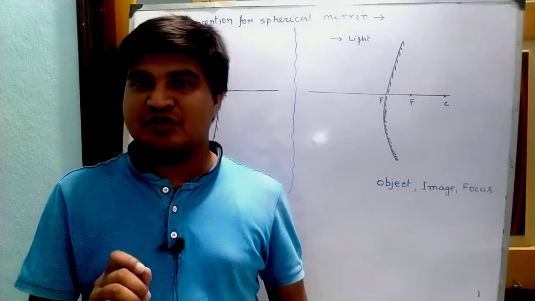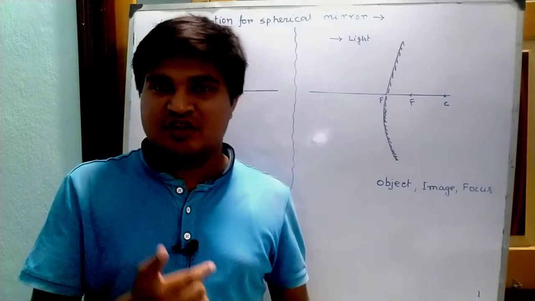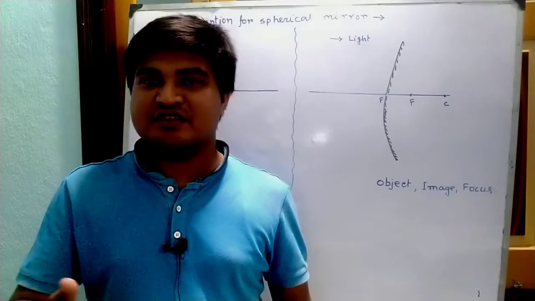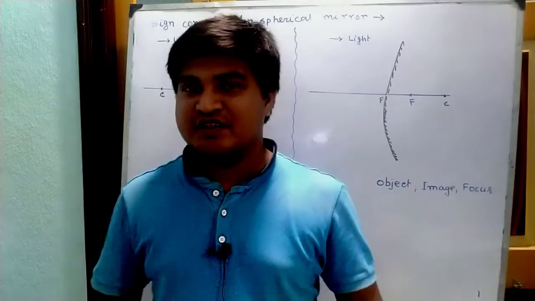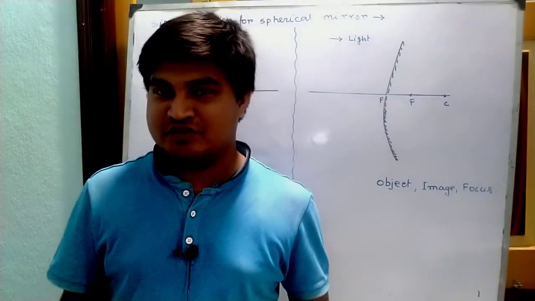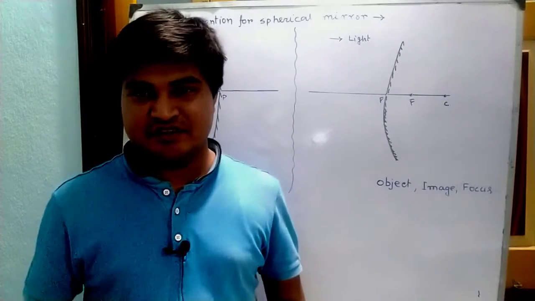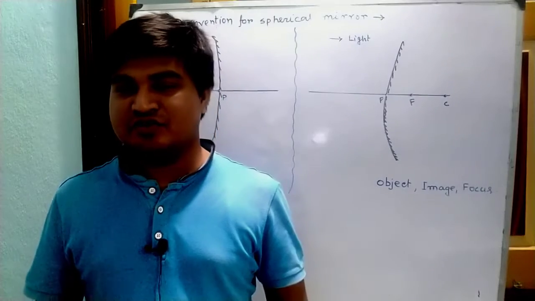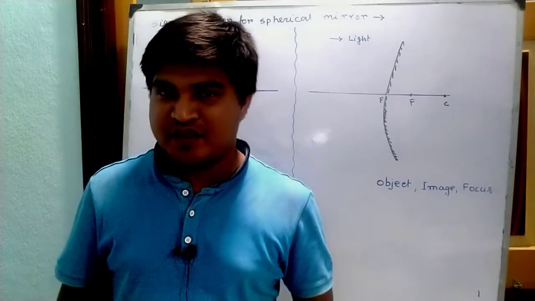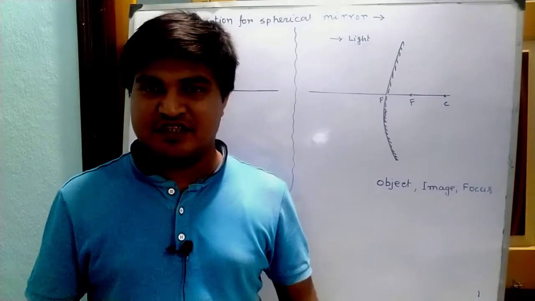That is, we will start to walk from the pole towards the object, towards the image or towards the focus, to understand its sign very clearly. Okay, the next thing is that whenever and wherever possible, consider the direction of light from left to right. It's not that every time you have to consider it, but it is very useful for you. If you follow this rule, you can clearly understand or verify your answer.